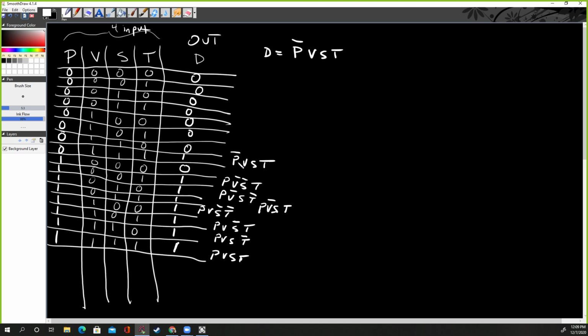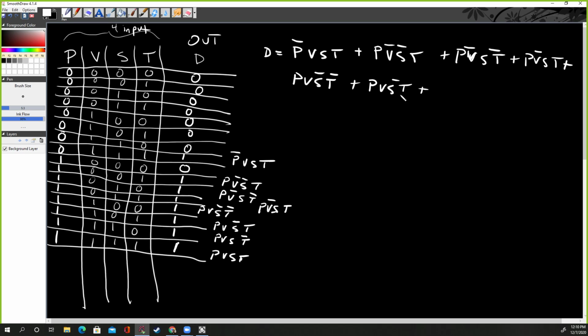PVST, so this first one, or PVST with the two lines, that was that one, then or PVST here and here. That's under the V, by the way, right here. Then this one, PVST with only the V. And then or, and I'm running out of room, so I'm going to continue here. Where was I? There we go. PVST with these two off, then only the S off. PVST with only the S off. And this one, only the T off. PVST